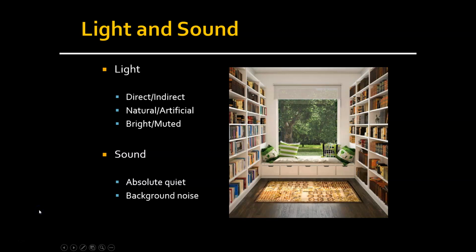So another consideration of your study environment would be light and sound. And when it comes to lighting, you have to ask, well, what type of lighting helps you study best? Natural light, artificial light, bright light, muted light, soft light, direct light, indirect light, all sorts of choices, okay? But do keep in mind that poor lighting, bad lighting, is a chief cause of eye strain and also headaches, especially among college students. So when we have improper lighting, it actually also leads to fatigue.